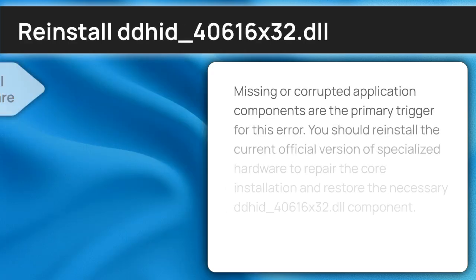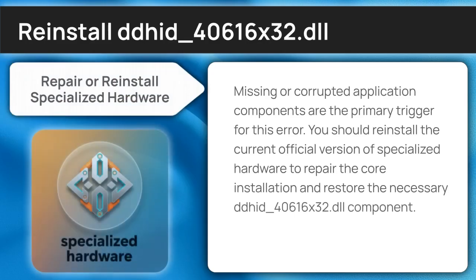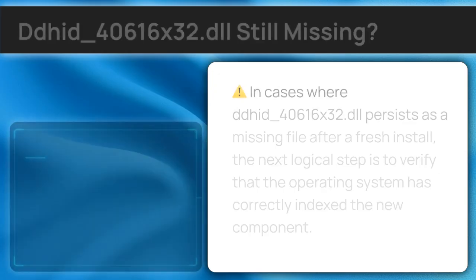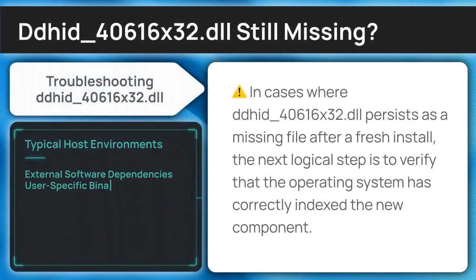Missing or corrupted application components are the primary trigger for this error. You should reinstall the current official version of specialized hardware to repair the core installation and restore the necessary DDHID 4061632 DLL component. If the redistributable repair didn't resolve the pop-up, the next logical step is to analyze the local